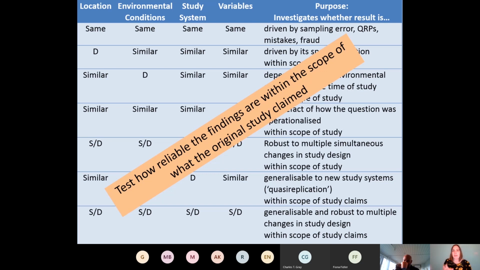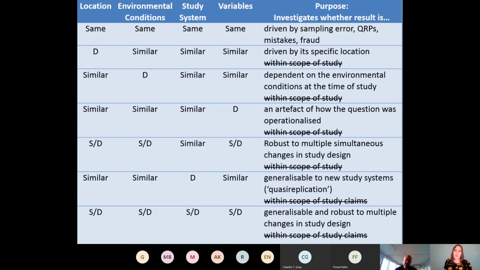From that conceptualization, a replication is designed to test how reliable the findings are within the scope of what the original study claimed. Which seems a bit silly, really, because if you made all of the exact same changes, but they weren't within the scope that that original study specified, it wouldn't necessarily qualify as a replication, even if the difference there is